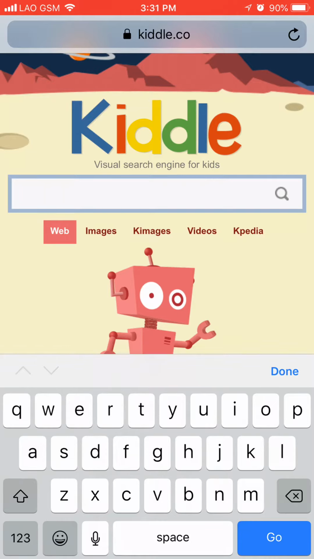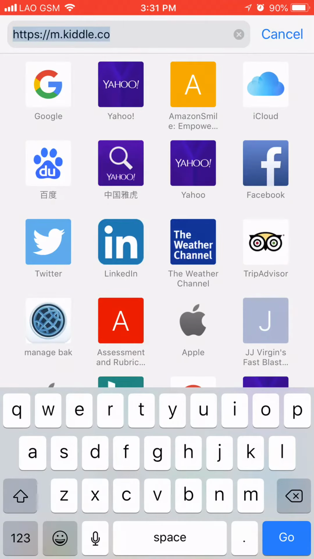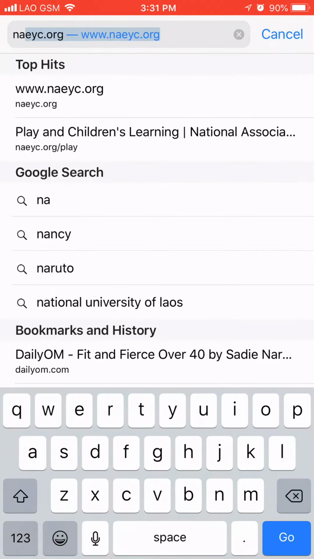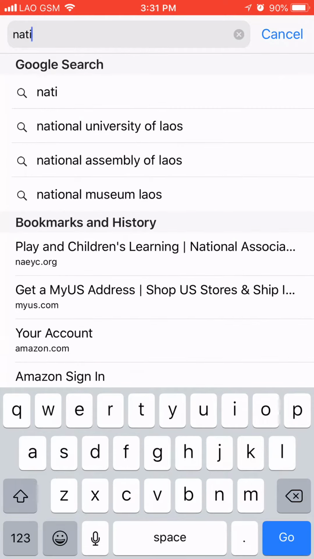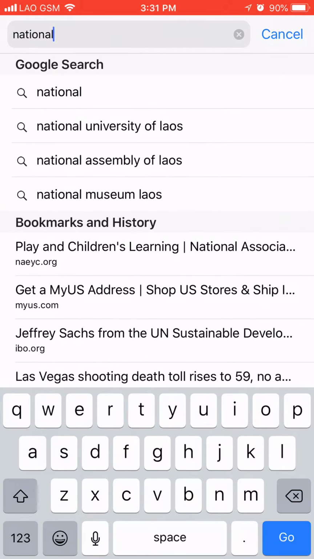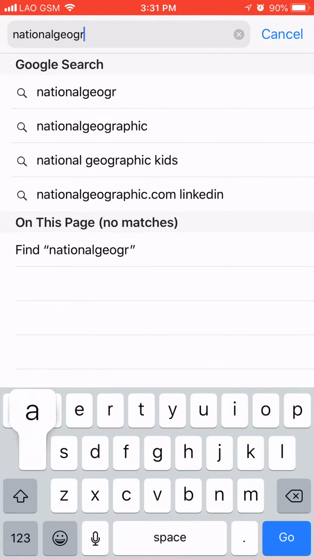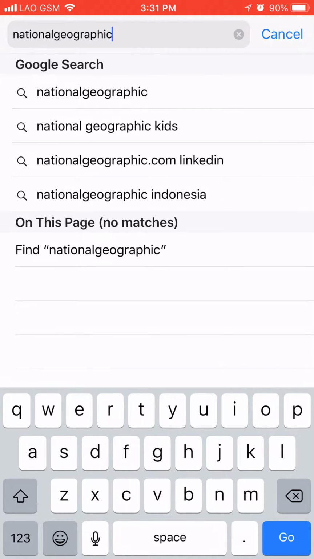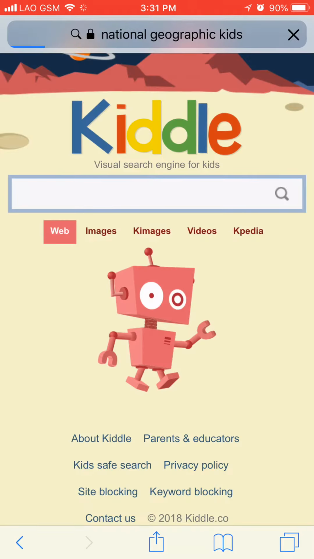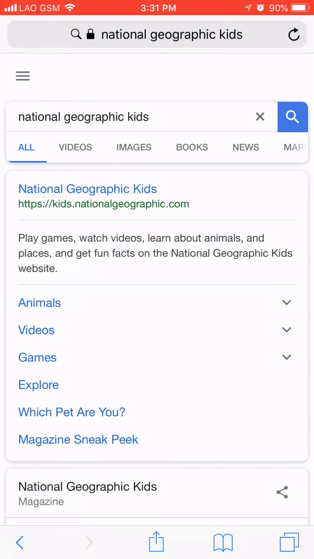Let's say I don't want this one. Let's say that I want to have a different one, like, I don't know, National Geographic Kids. So here it comes. Click on that. This is not a search engine, this is just a website, but still, nevertheless, it should be